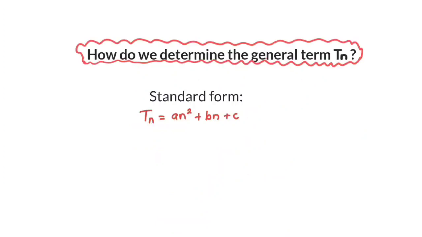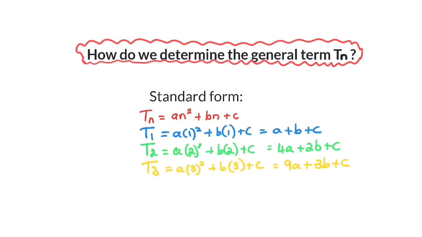Well, the standard form for Tn of a quadratic pattern is Tn equals an squared plus bn plus c. So if we want to determine the first four terms of a quadratic number pattern, you just substitute n with 1, and then 2, and then 3, and then 4. So our standard form for this quadratic number pattern would then be